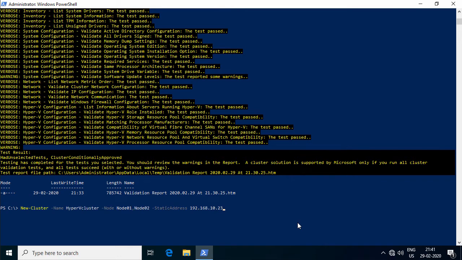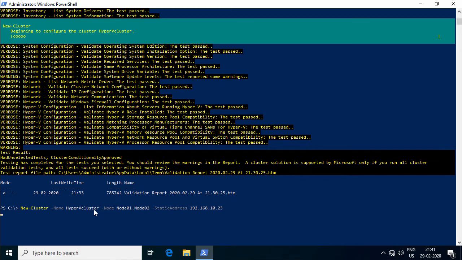So we run this cmdlet against the two cluster nodes, node 01 and node 02, to create a Hyper-V failover cluster with the name Hyper-V cluster, and the management IP address for the failover cluster is 192.168.10.23. This IP address and the host name of the failover cluster can be used to manage the cluster. Let me press enter.